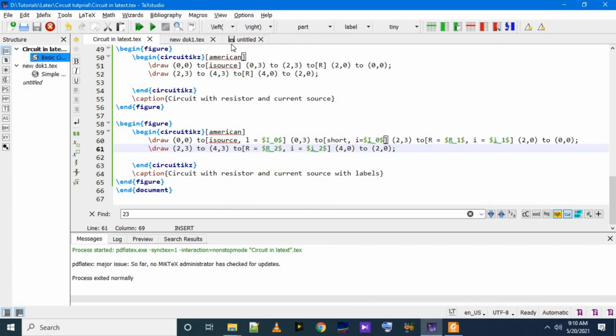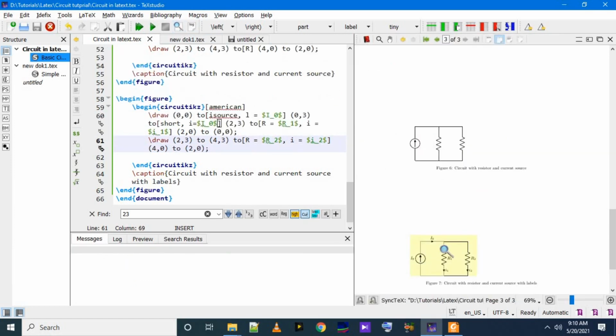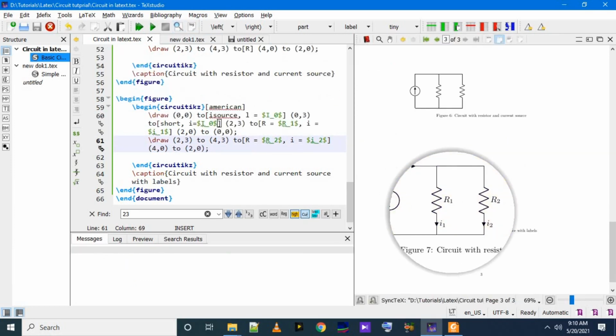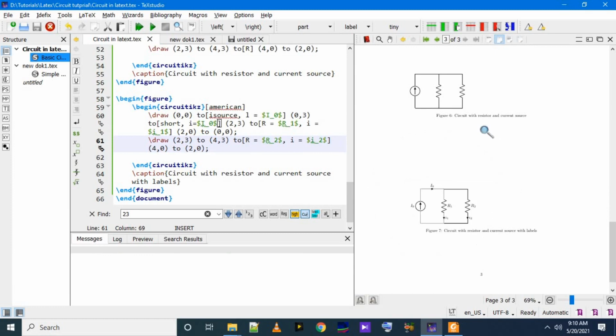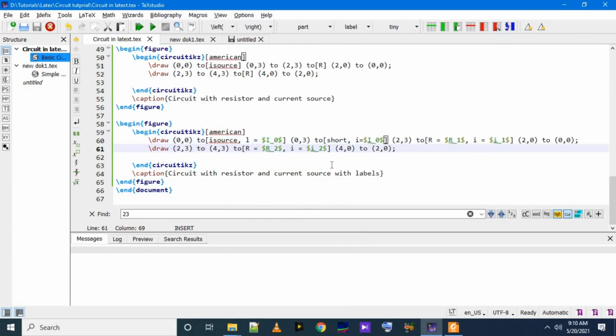To change it, where we have put the tag I is equal to I1 in the component, we have to change it. So here, that is given I2, we will put a greater than and an underscore sign. Same for the other branch current I1, we will put a greater than sign and underscore.